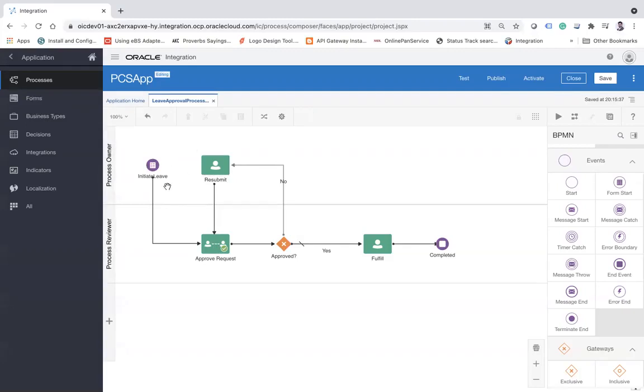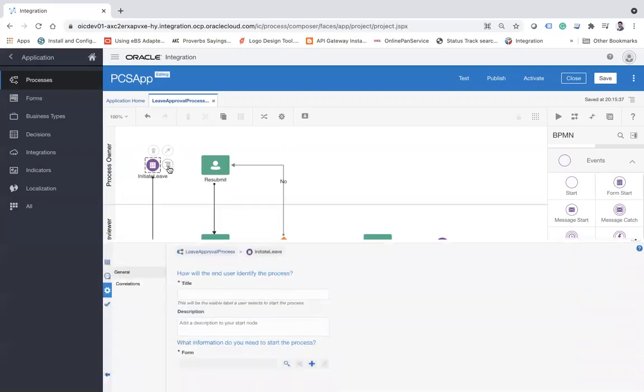Let's try to, this is just a template. Let's start to develop this process. So this is your form task, which means you have to attach one web form with that. How to attach? You can open properties here, right click on this action menu, and here you see title,